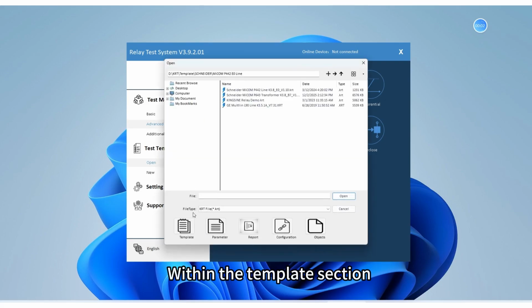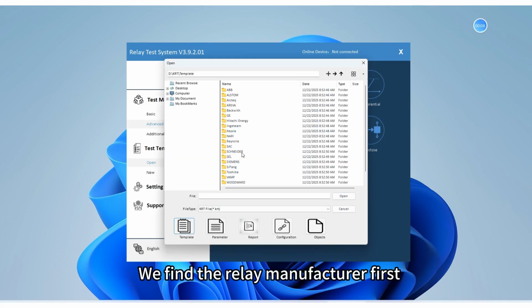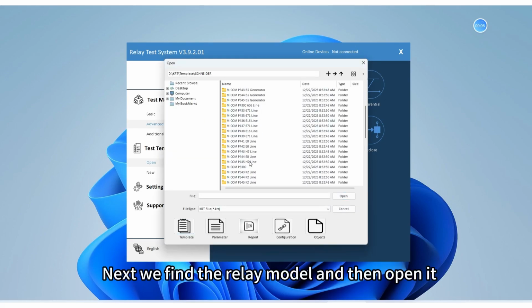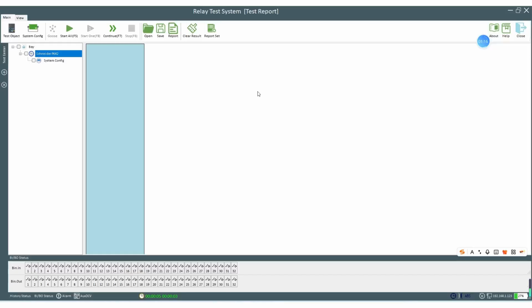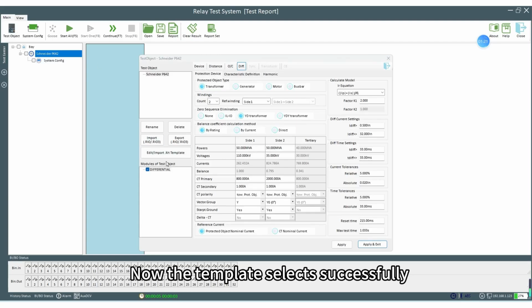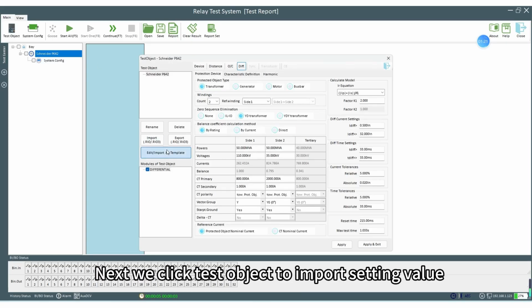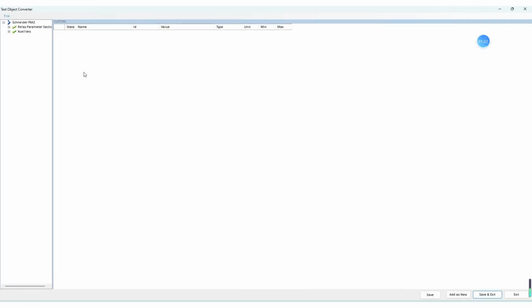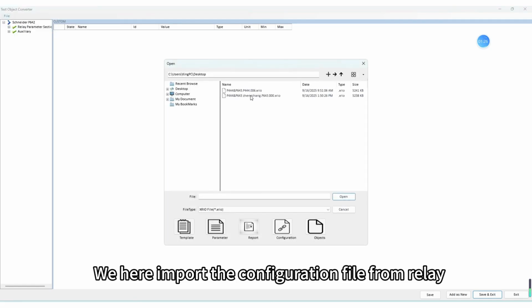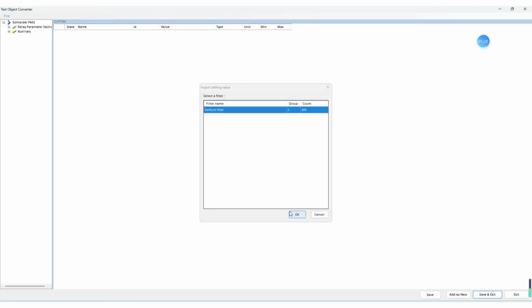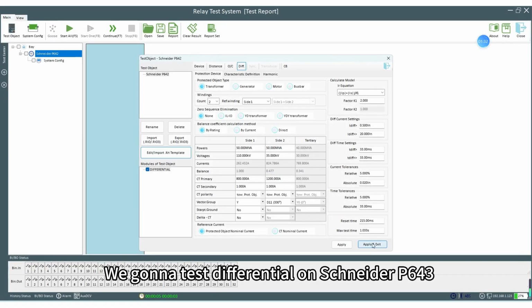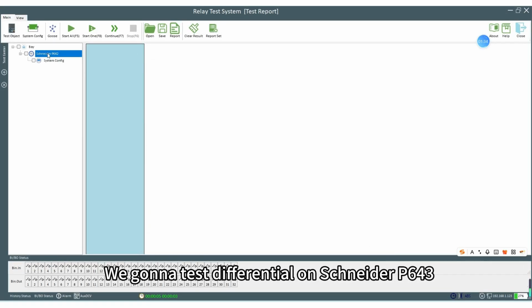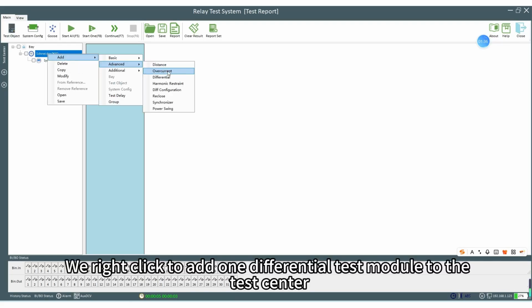Within the template section, we find the relay manufacturer first, next we find the relay model and then open it. Now the template is selected successfully. Next we click Test Object to import the setting values. We import the configuration file from the relay. To apply it in KRT, since we're going to test differential on the Schneider P643, we right-click to add one differential test